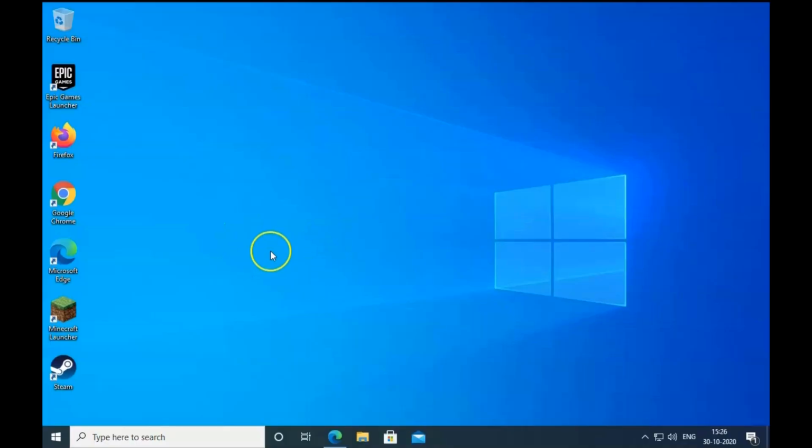If the internet is accessible and you are still not able to connect to Minecraft servers, then we have to troubleshoot this issue with the help of some troubleshooting steps that I'm going to show you in this video. So let's go ahead on my computer screen. This is a Windows 10 computer and we are going to see some of the troubleshooting steps.